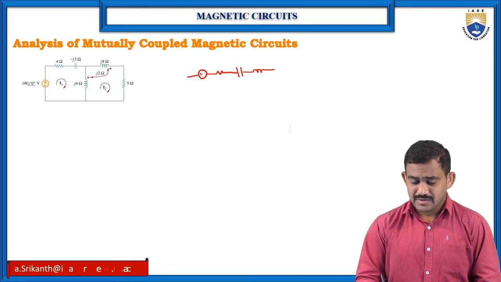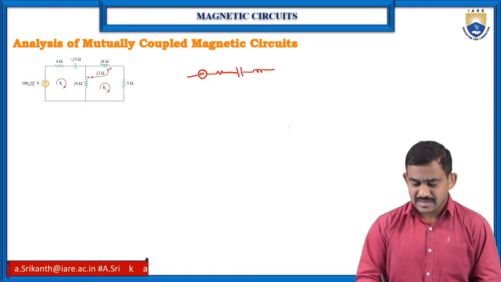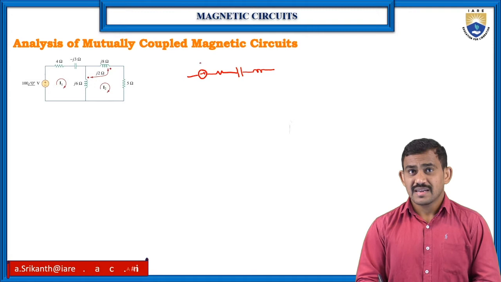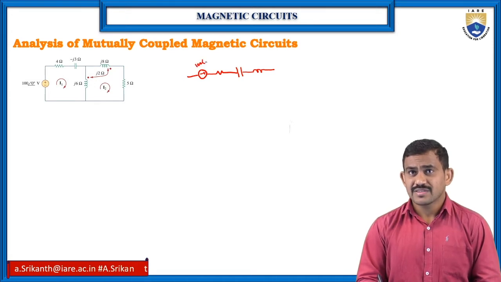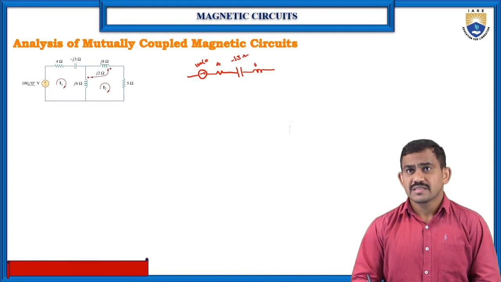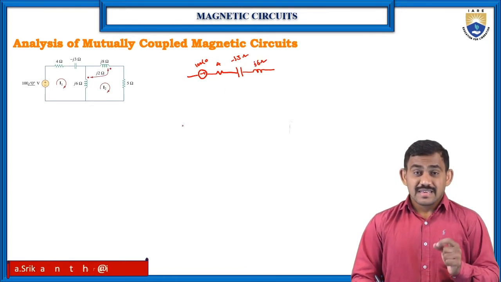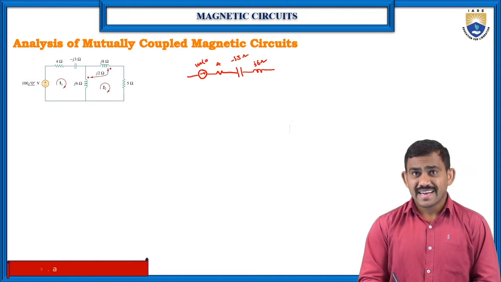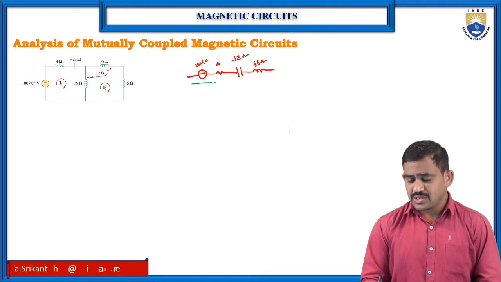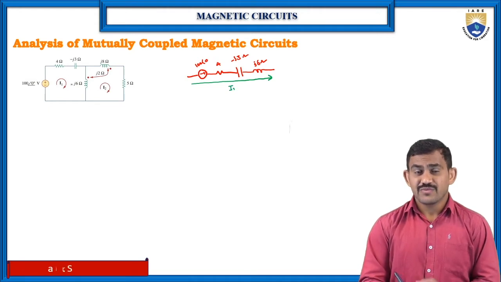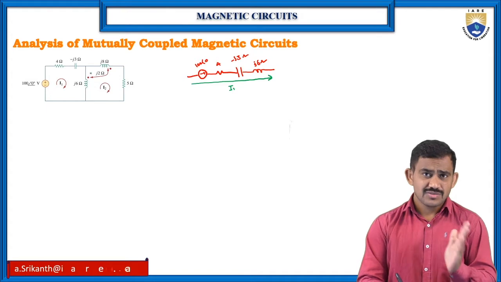The values are given: the source is 100, angle 0, the resistor value is 4, and the inductor and capacitor values are J3 ohms and J6 ohms. Coming to current, the I1 current direction and I2 current direction are reverse. Up to this we have the I1 current. So for each element in loop 1, we have the I1 current.